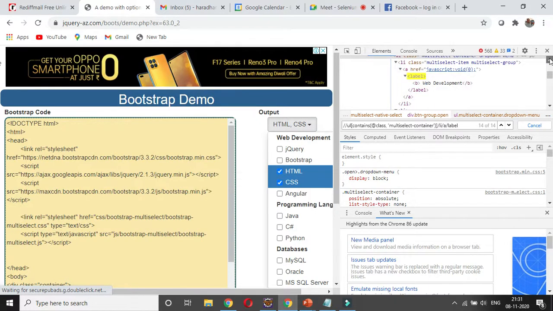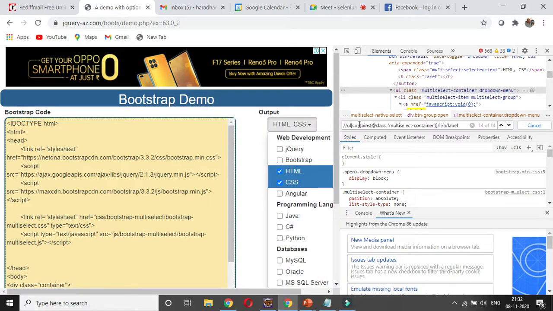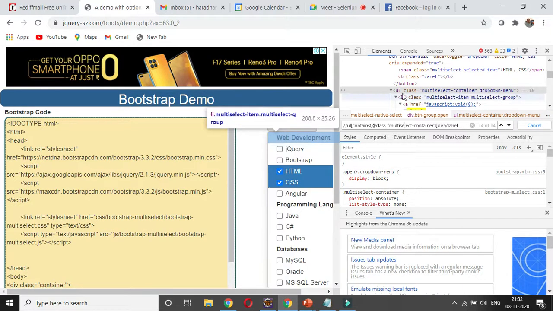You can see here, if you select, it is starting with UL tag. UL, then I want to use the contains keyword and class, and I want to give the class name before the space, right? So multi-select hyphen container, because if you give the space, it will create some problem.